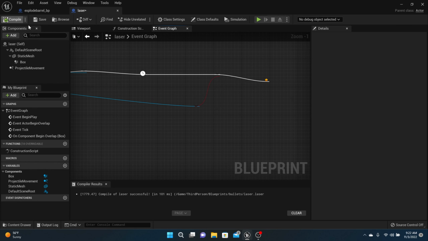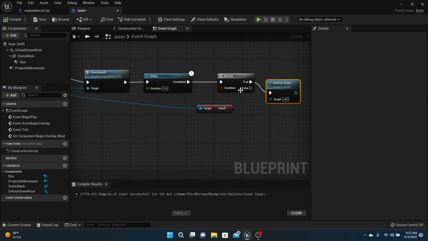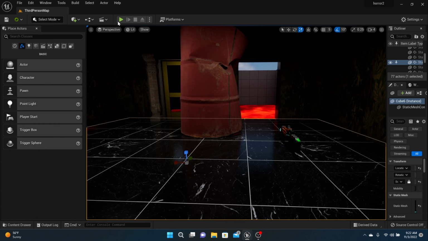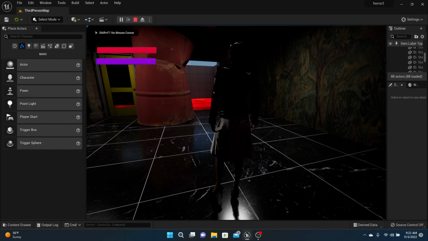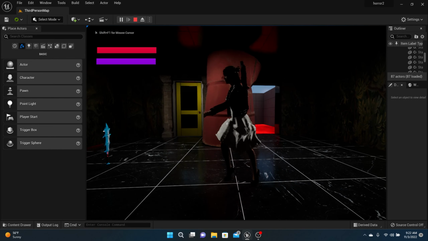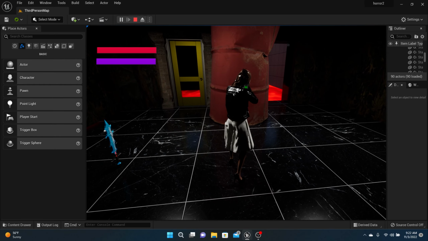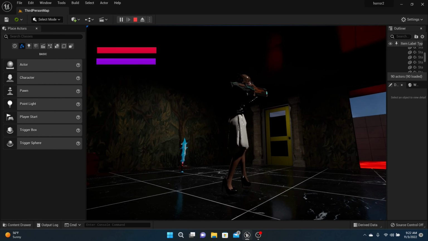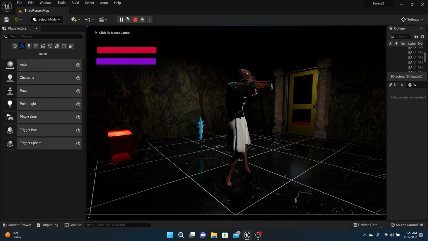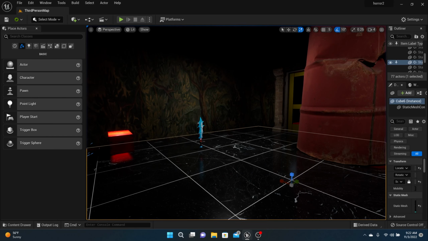So it's going to do the check. It's going to wait. Then it's going to say, off of that check, if the dead part is true, I'm sorry about that lawnmower outside, but if the dead part is true, then it's going to destroy the actor. Sure. Let's try now. Q. Woo! Perfect. So that's how you get an exploding